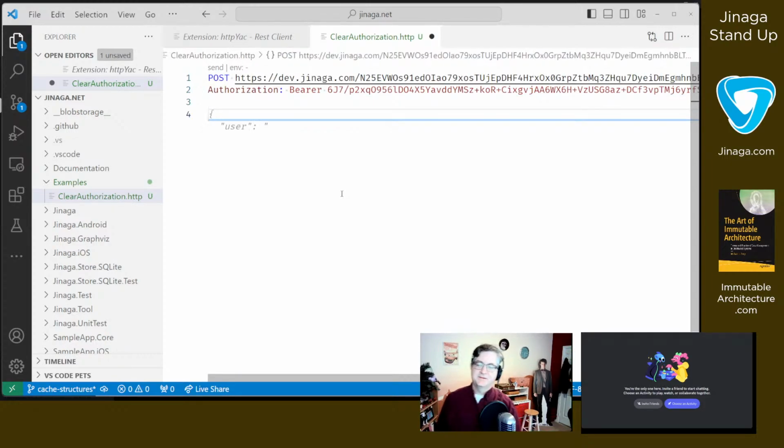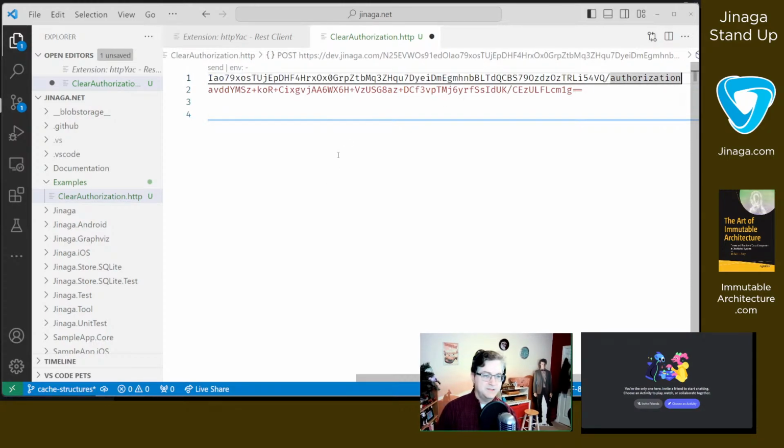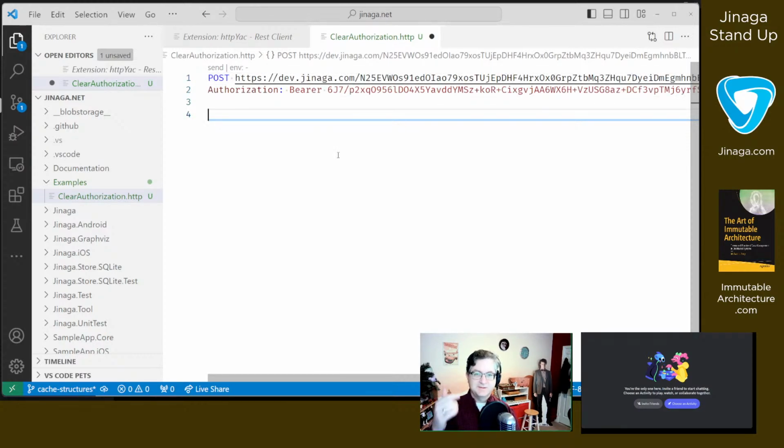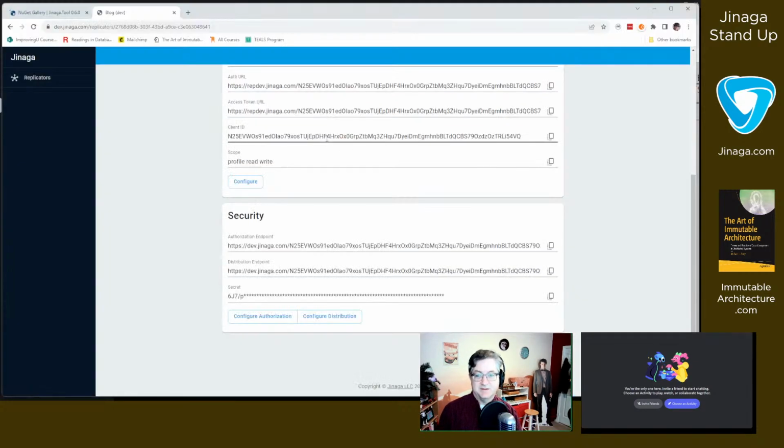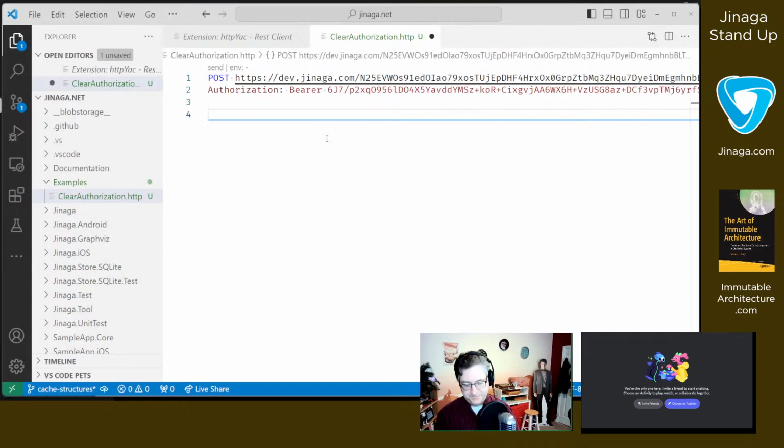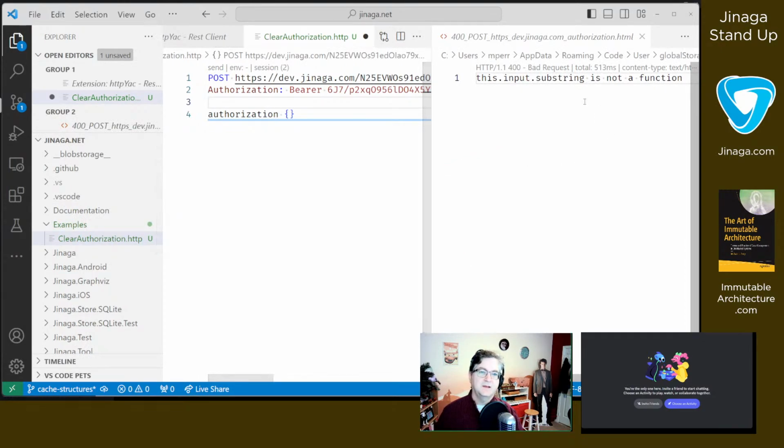All right, so now I want to post some authorization rules. So we've got /authorization, and then this is how I prove that I own this replicator, so nobody else can change the authorization rules and break my security. So the authorization rules that I want to send are the empty set. So, authorization empty. Post that up there, and